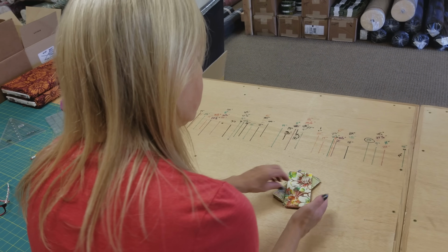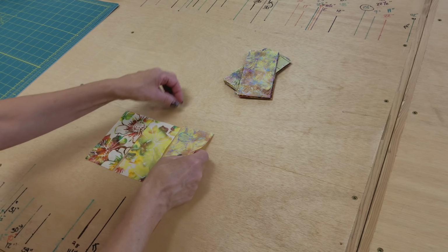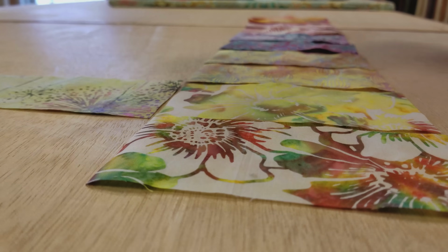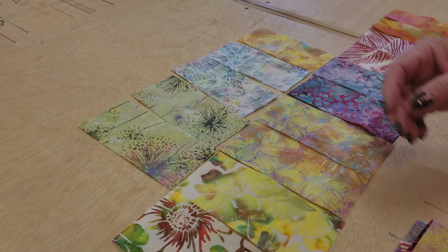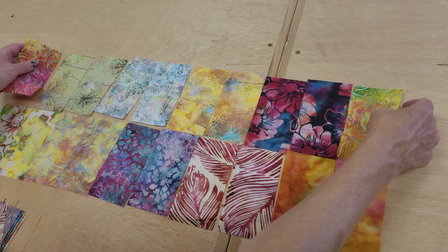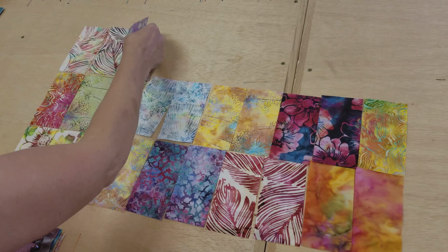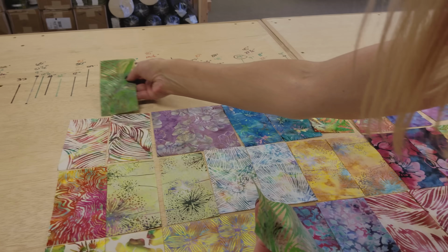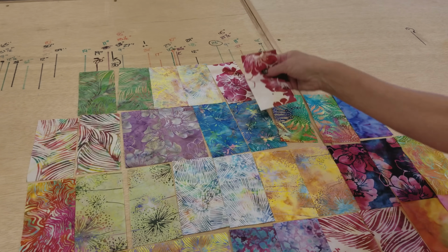Now I'm going to lay the pieces out in 4 rows with 10 in each row. Now since the jelly roll is made of a folded strip of fabric, they're in pairs, and that's good because that's what I want. Now my second row, it's also going to be in pairs, but I've moved it down 1 position so that these pairs are not lined up with the pairs that are in the first row. Now this last pair, I'm just going to put 1 on each end. Now I'm going to start the 3rd row, and I'm going to start with a pair and keep going down. So there's the 3rd row. Now for the 4th row, again, I'm going to start 1 down, and then with my very last pair, I'm going to put